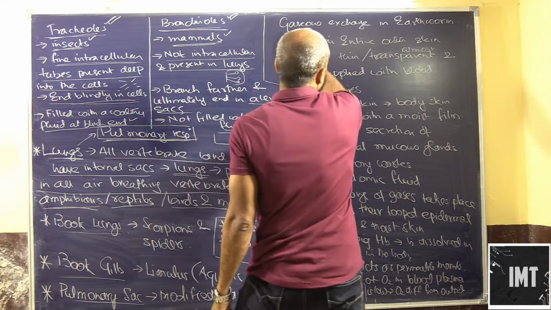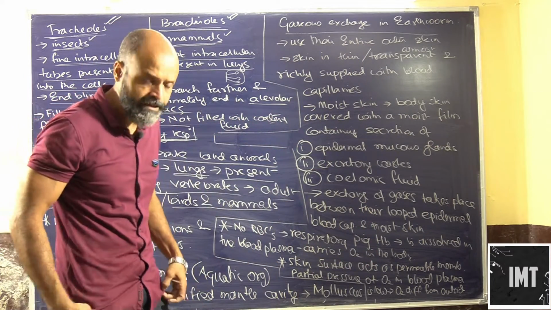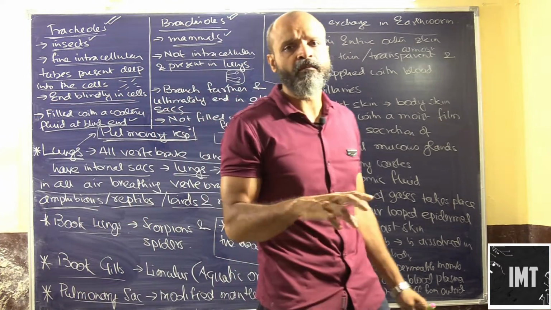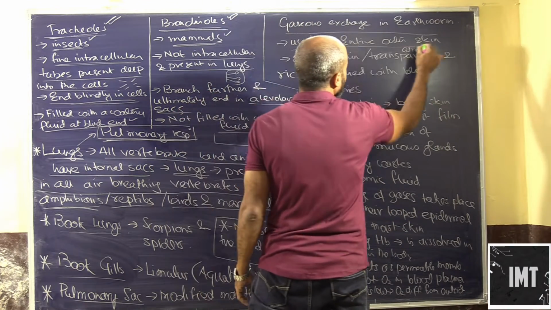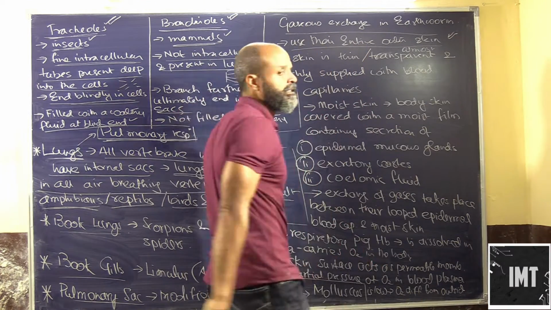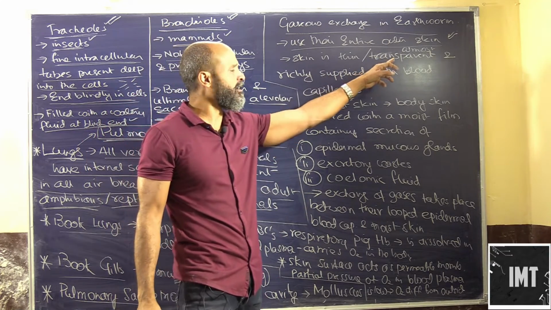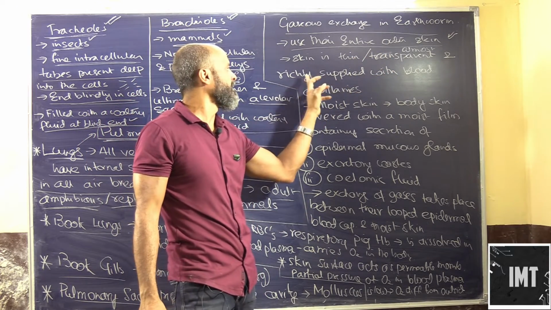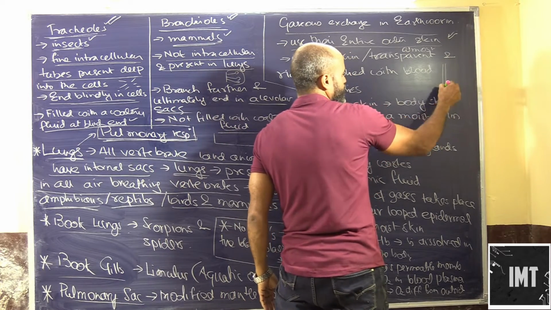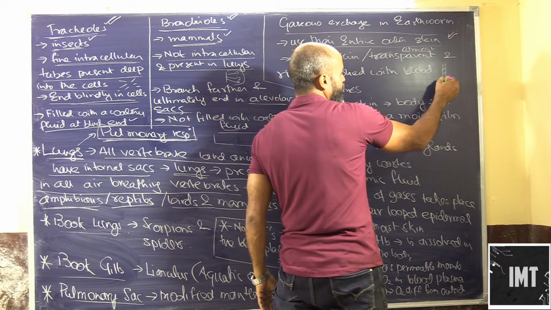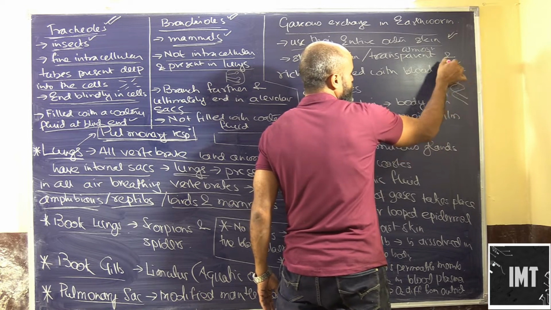Now there is an interesting feature of earthworms which we have earlier studied. Earthworms generally use their moist skin as a breathing surface. They use their entire outer skin for breathing. The skin is thin and almost transparent and richly supplied with blood capillaries. If you look at the skin, this will be the epidermal layer, and these blood capillaries will be touching the surface of the skin.